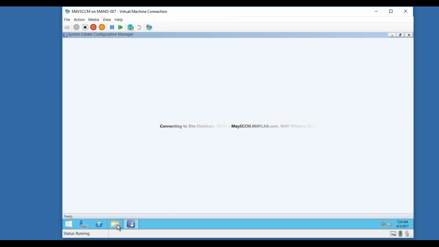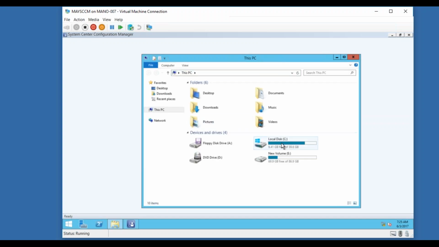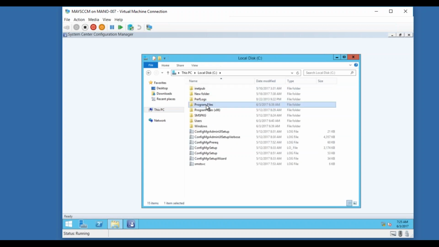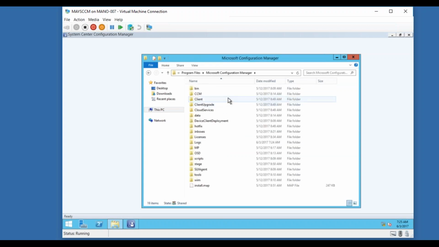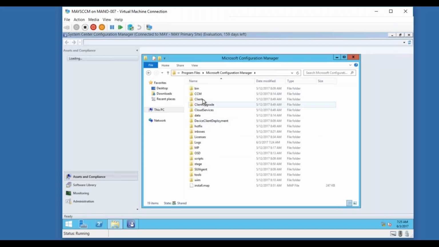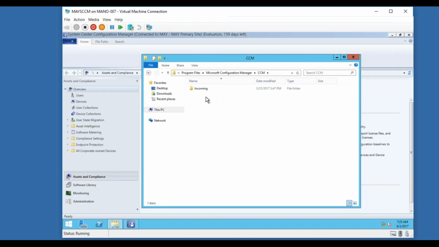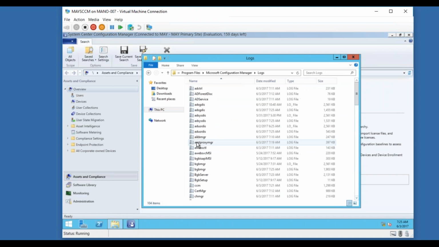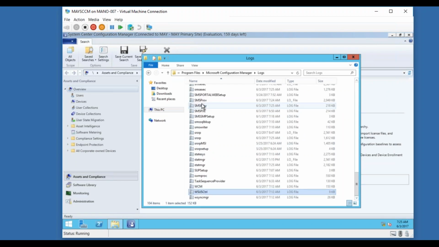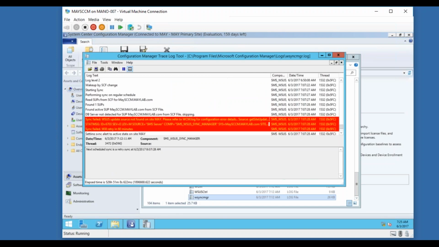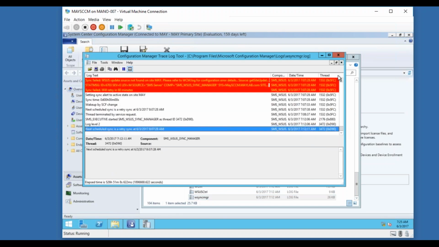So let me meanwhile open the logs location. The log that we need to check is the WSync Manager log file. Okay,